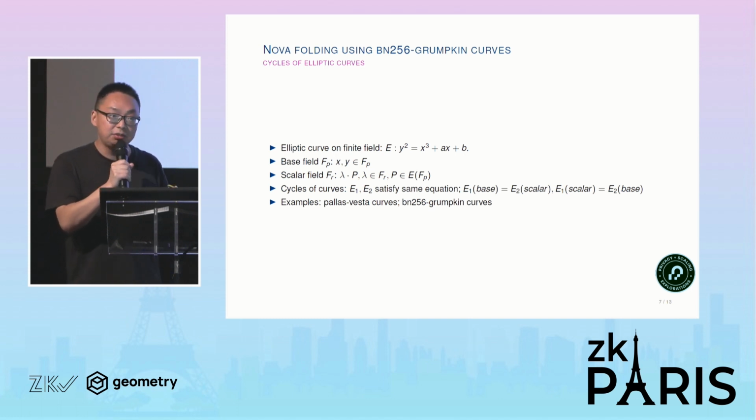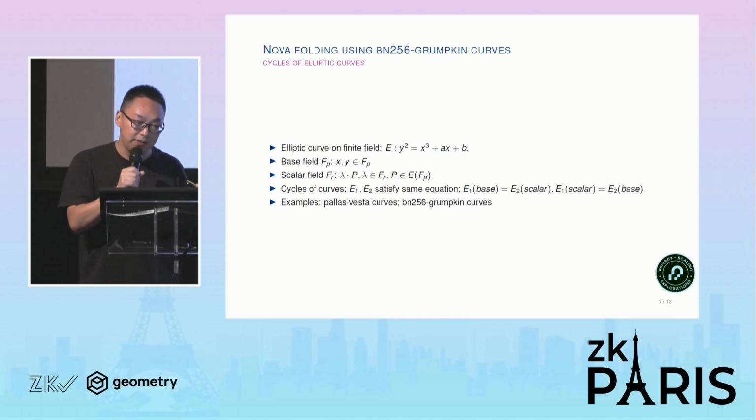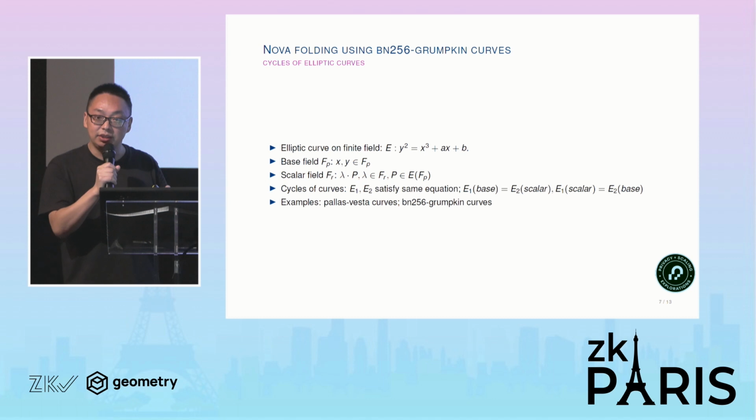When we write a constraint system, the constraint system naturally uses the scalar field. So whenever we want to do some operation on the base field, for example scalar multiplication, which involves a lot of operations on the coordinates in the base field, one way is to use a non-native field: using the scalar field to emulate the base field. To do this, we have to do big integer operations, so the cost is higher than using the natural field.